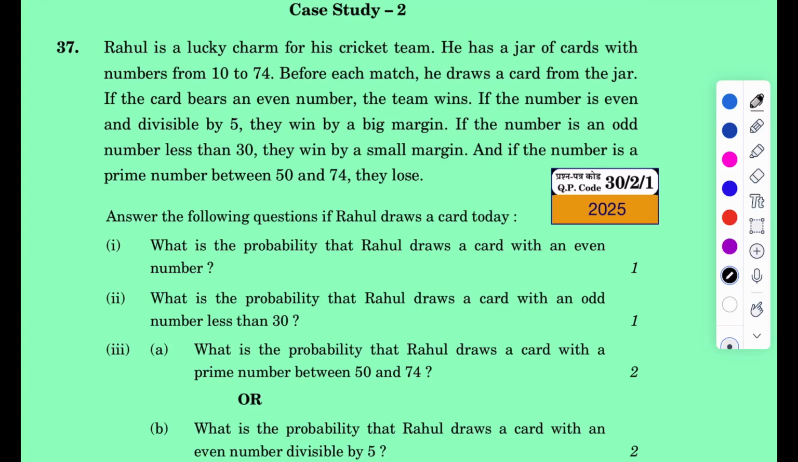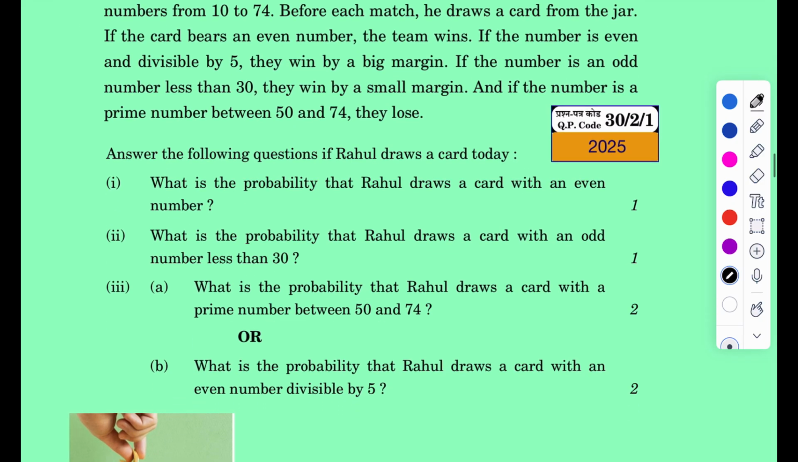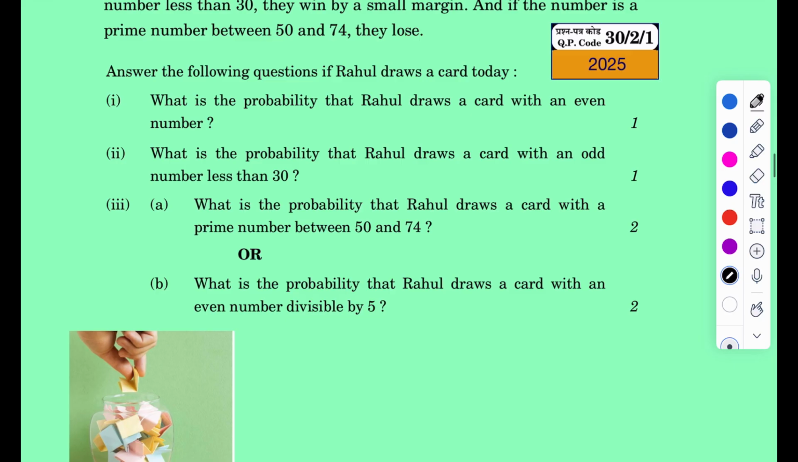Rahul is a lucky charm for his cricket team. He has a jar and he has to draw cards from 10 to 74, and before each match he draws a card. If the card is an even number, the team wins. These are the events. Actually, if you will see, there are four events. For these four events, the total number of outcomes we will see